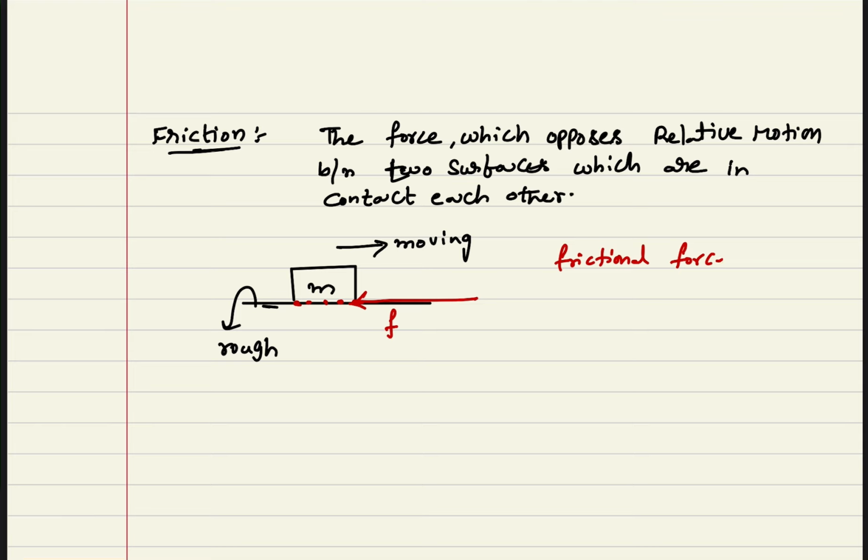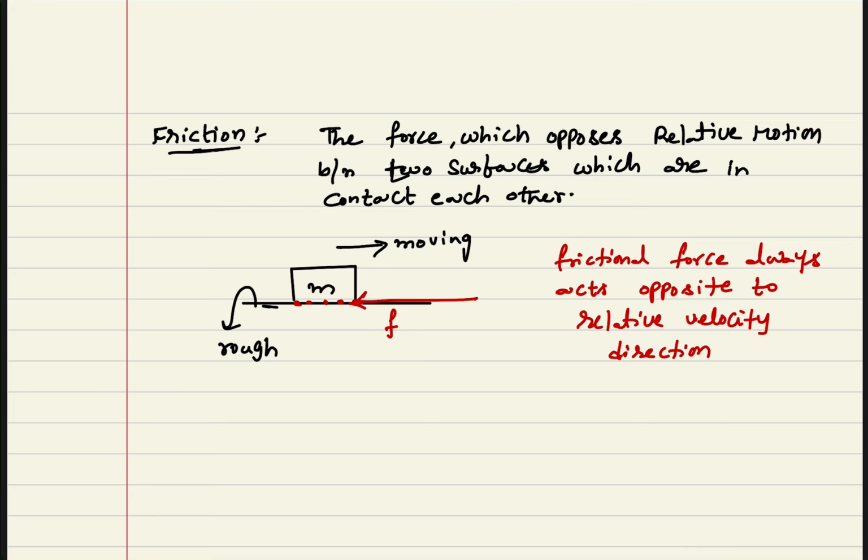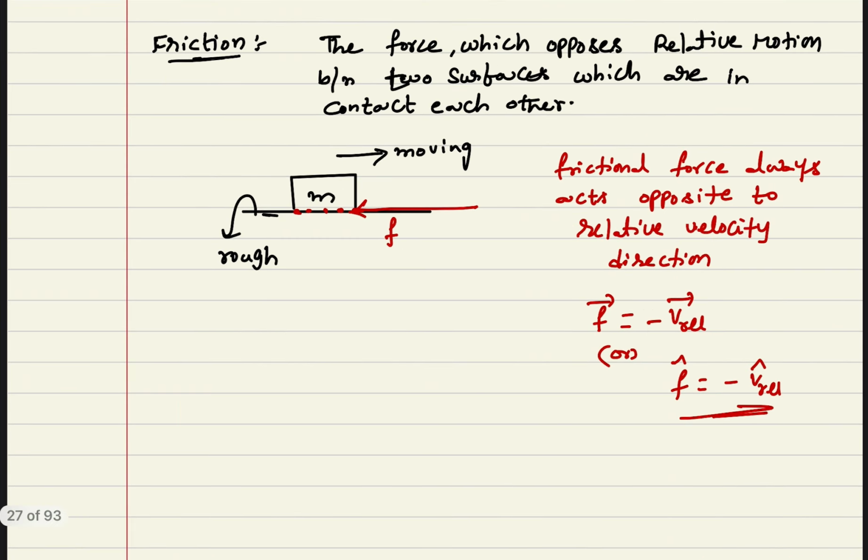Frictional force always acts opposite to the relative velocity direction. We can write that F bar is equal to negative of V relative bar. Or we can write it as F cap, whatever the unit vector along friction, F cap is equal to negative of V relative cap. Okay, unit vector. Now overall we can see that friction is